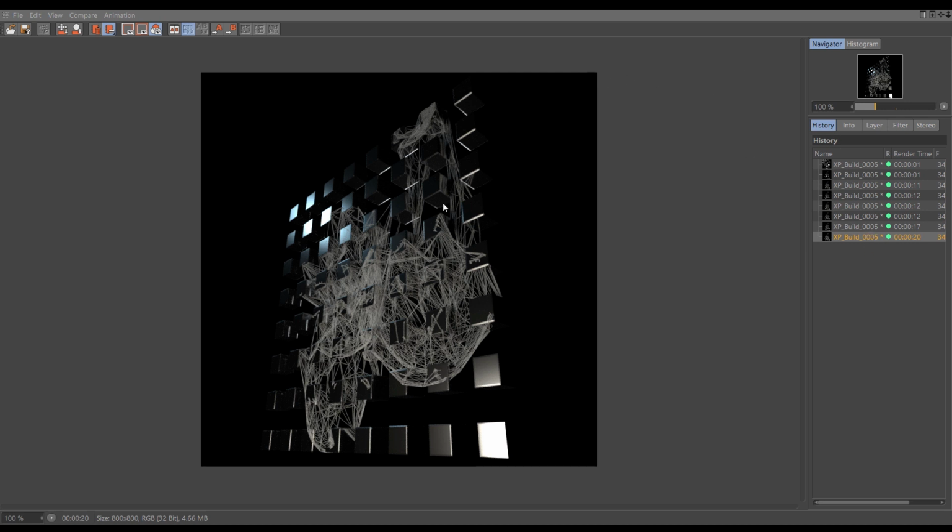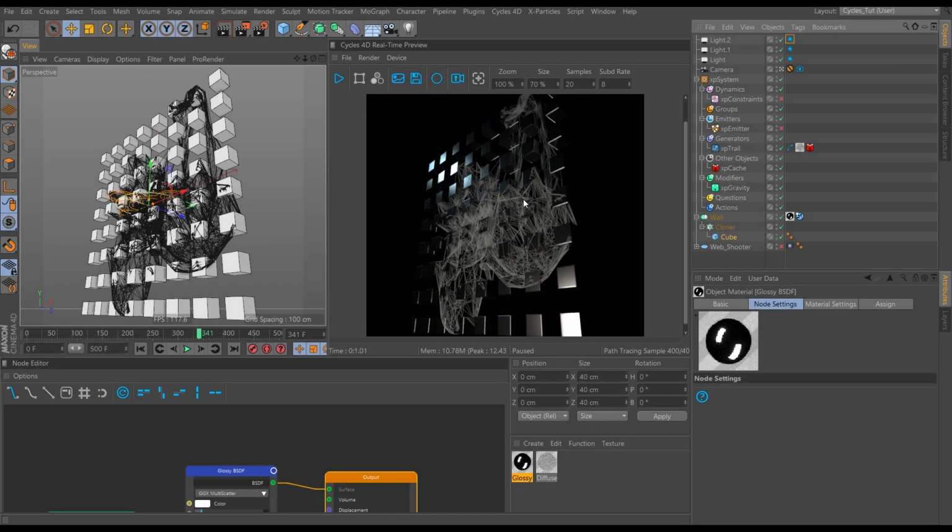Great. So, relatively clean render. You could maybe go higher in the samples if you were being picky about it, but I just want to get this one knocked out. I'm not going to bother with motion blur. I'm not going to bother with any depth of field effects on this, but of course you can do that